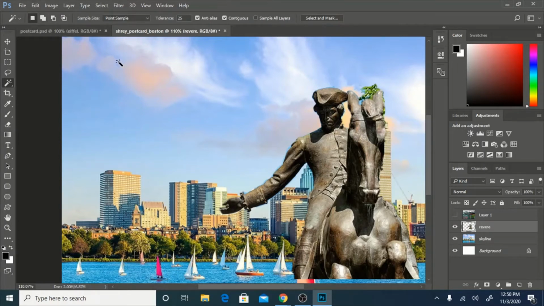Still just selecting with the Magic Wand and quick select just to get rid of any extra. All right, that should be good. So I've got a pretty well isolated